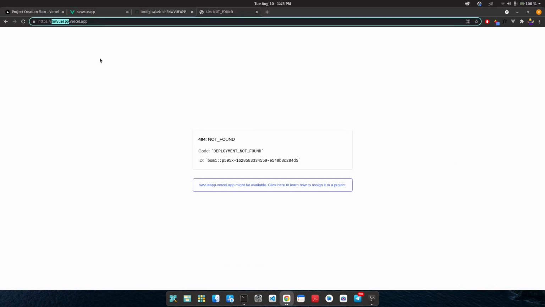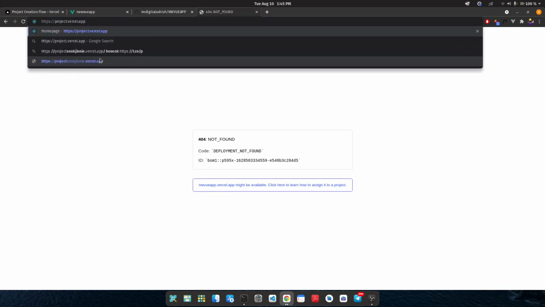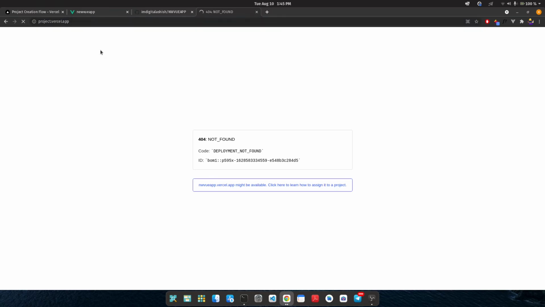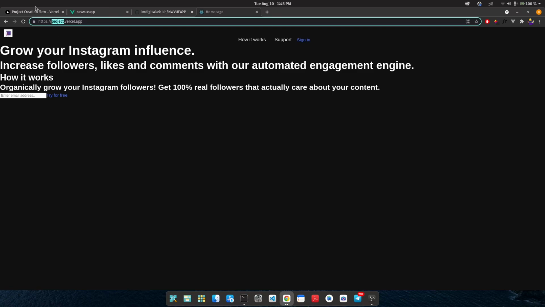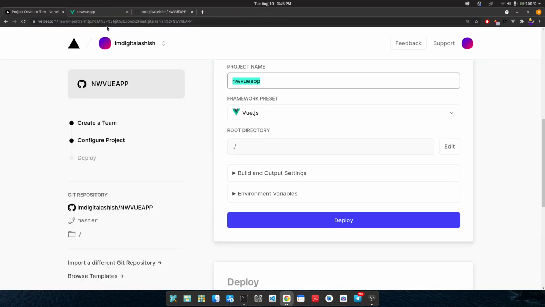Unfortunately, project.vercel.app is not available because it's already taken by someone. So this is the catch here. If you want to deploy your website as a standalone domain, you can select a unique project name for your Vue app or any other website.